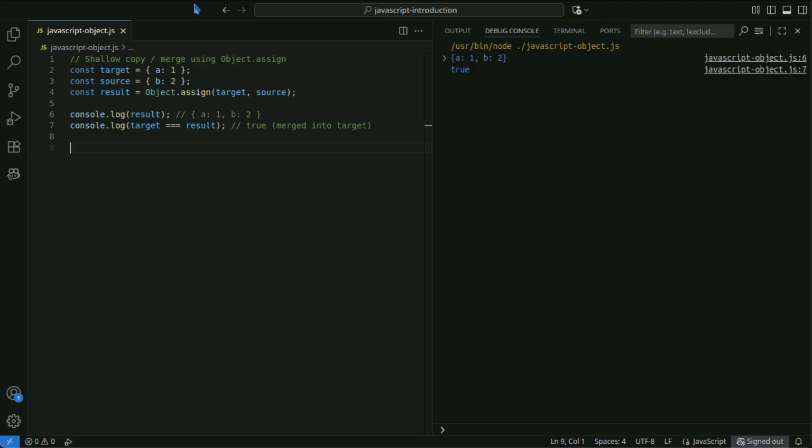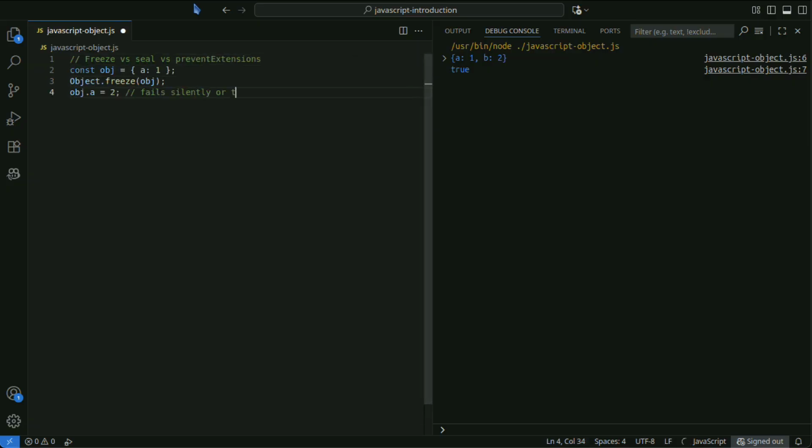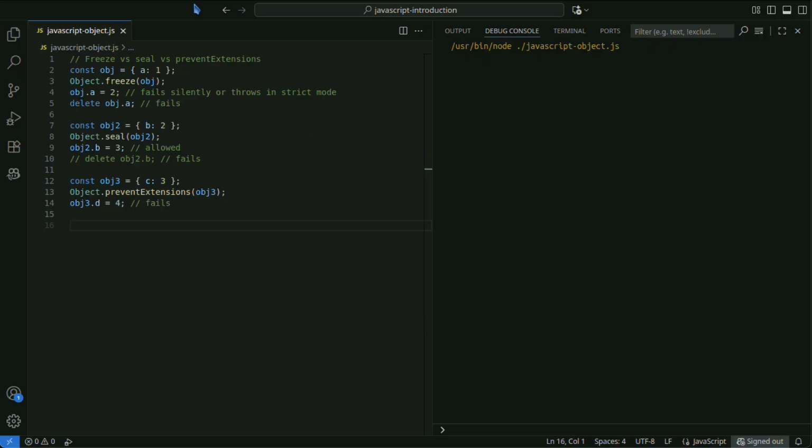Object freeze, object seal, and object preventExtensions control the mutability of objects. Freeze is the strictest.